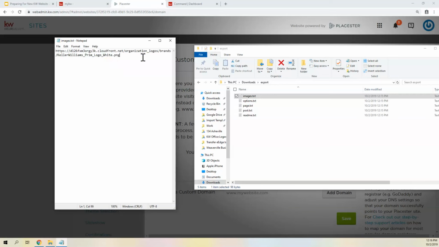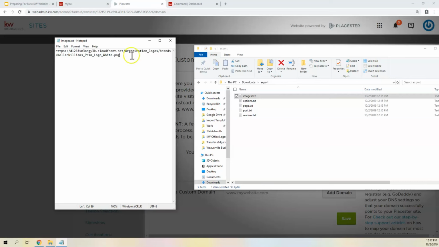So if you have any custom slideshow images on your homepage, if you added any images to any blog posts or any custom pages, say your About page, you put a picture of you on there. It's not on there by default. You would have needed to put that in manually. Say you've got your past listings and you had pictures of your previous listings on there, or the Meet the Team page, you've uploaded images of your team members. It's going to have the link for each and every one of the images that you've inputted into the Playster